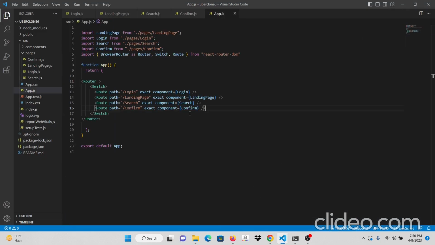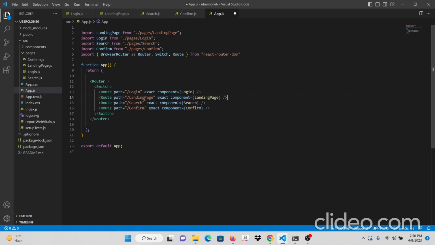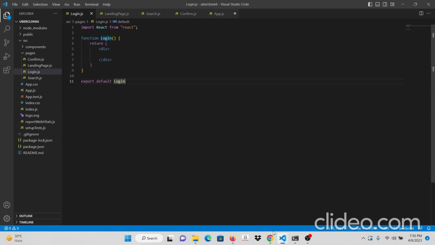Okay, so I'm just going to make sure that it's formatted properly. It looks good. So I'm just going to go to the login page. Like I said, login has some images, two images, and it also has some text. So I'm just going to start with the main div. The main div, first of all, is going to have